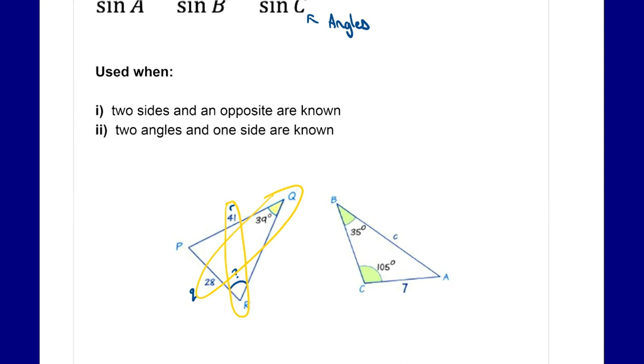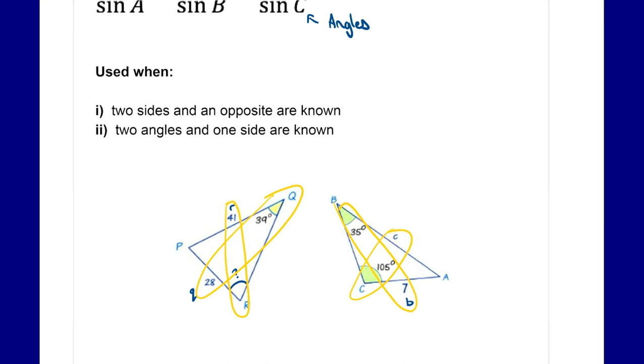We can also look at the scenarios. We do have two sides and an opposite angle, so I have two sides and the opposite angle for one of those sides is known. If I look at the other triangle, BAC, I have, again, two angles and one side. I have side b, and I could think of, again, a full pair and a half pair. Here's a half pair between angle C and side c. And I do have a full pair, the angle of 35 and side of